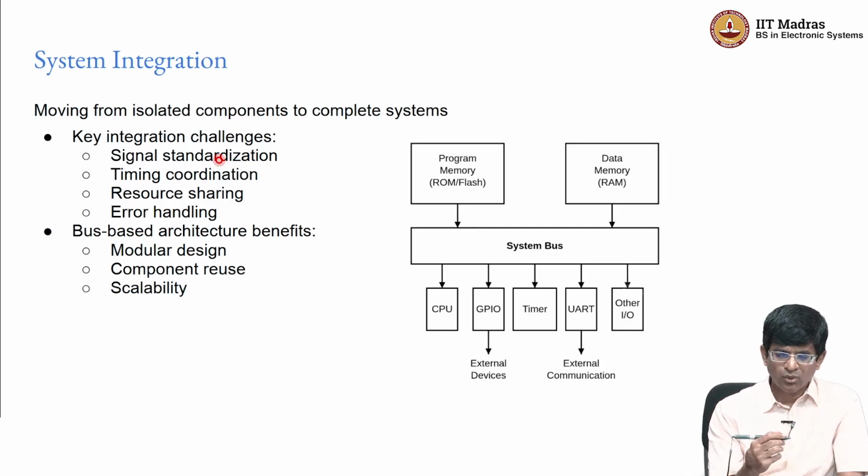So, what comes out once you think this through, and what has evolved from experience, is this notion of a so-called bus-based architecture, right? And this picture over here is a generic depiction of what a bus-based architecture looks like. There is this big block out here called the system bus, and the program memory, the data memory and various peripherals are all connected to this bus. And from this picture at least, it looks as though the CPU is just one tiny thing sitting on the corner communicating with the bus.